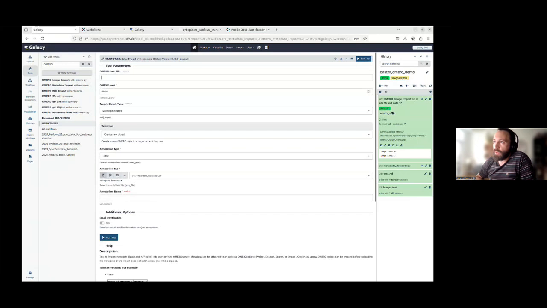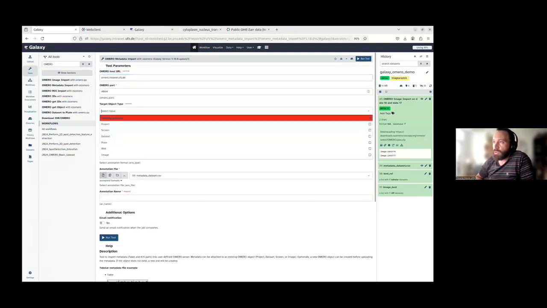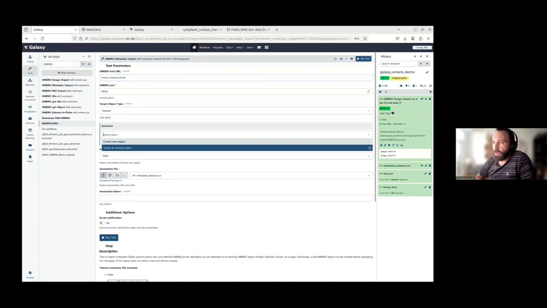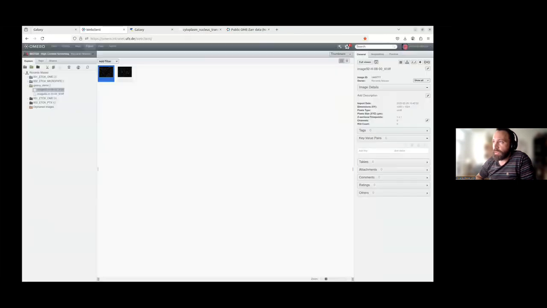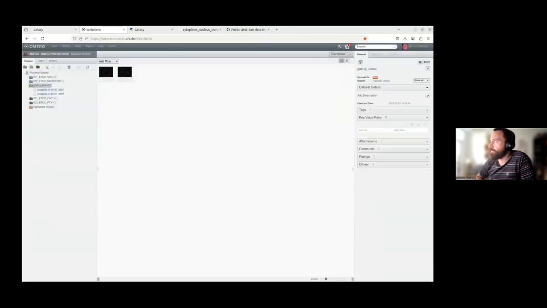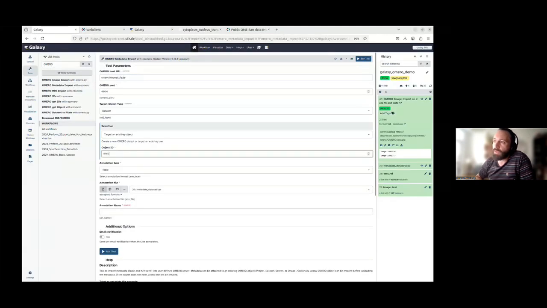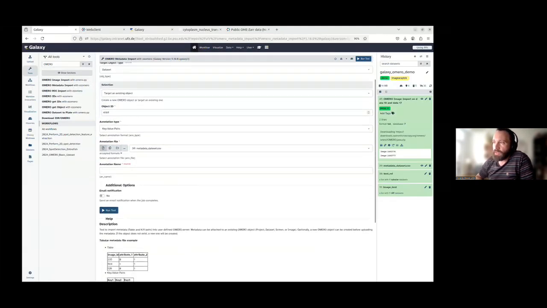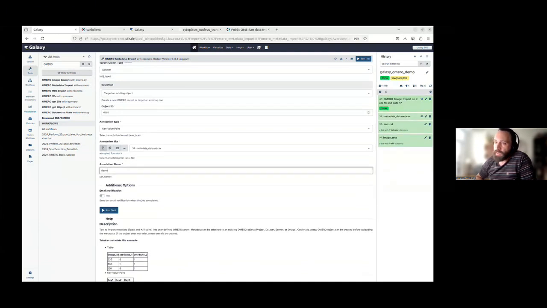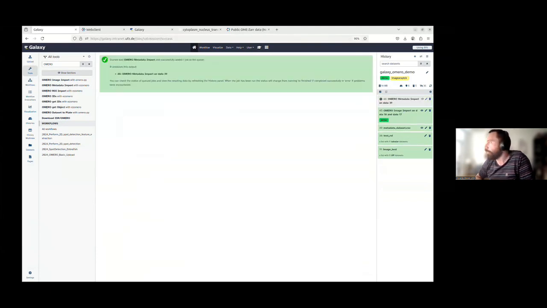What I can do now is associate metadata. So I can select the dataset where the images are stored, selecting the object ID. This is the dataset. So okay, that's a specific number. And I can decide to associate key-value pairs. So it's the metadata that I showed you before. I can give an annotation name, for example, Demo Galaxy, running the tool. And I just select, for example, the output of the Omero image tool, the one that we ran before, where we have the ID of the image, the ones that were uploaded.